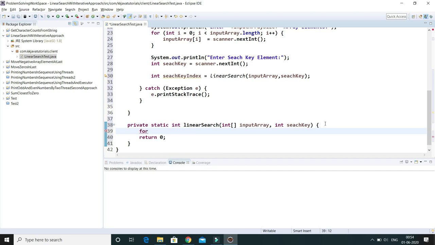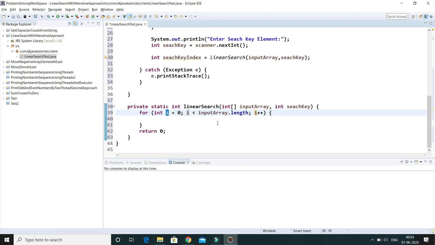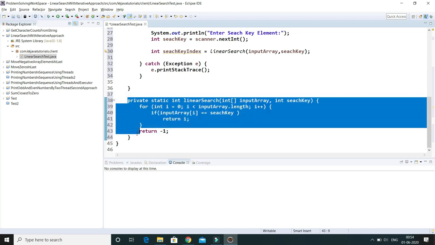So here I'm going to iterate throughout the array, starting from 0 till length - 1, and within this I'll search. This is just a linear search, so you have to scan throughout the array, and if you find the search key in this array, then you just have to return the index number, that's it, else this algorithm is going to return -1. So simple, right? This is the code we have written.